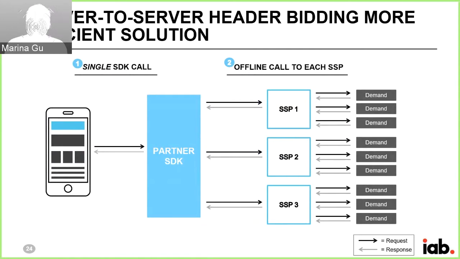I think that's a great place to start, thinking about it from a mobile app programmatic perspective, to start to migrate your tech stack towards this sort of solution. And the holy grail would really be to have everything in a single ad call. The one downside of this is that when the SSPs run their auction and submit that response back through that partner SDK, you still have to send that back to the ad server, and the ad server will go through your direct line items and decide